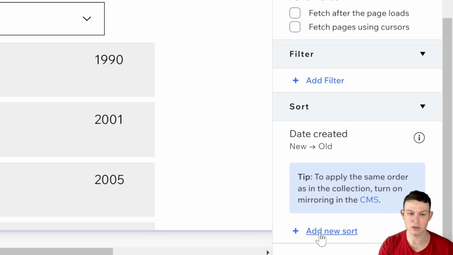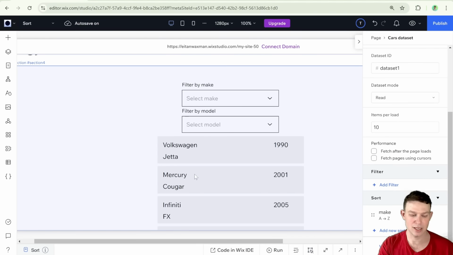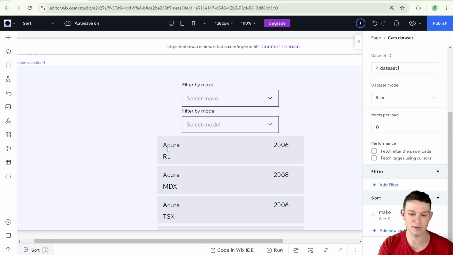If we wanted, we could go over here and add a new sort and then choose, for example, a field such as make and decide that the order would be A to Z. Go ahead here and add sort, and then our items, you can see here, even within the editor, they have rearranged so that they are in order of A to Z based on the make. This is something that we can do as the site owner,